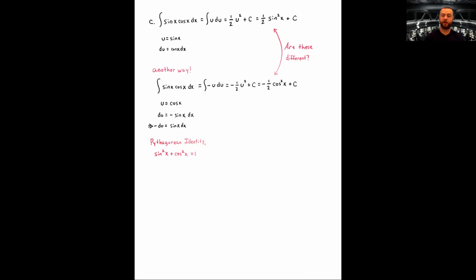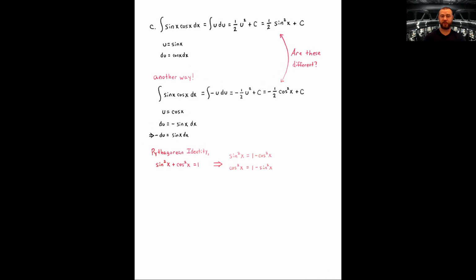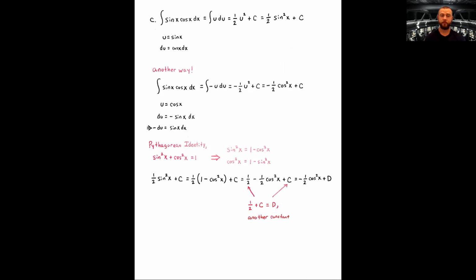Now, with this, you might be comfortable using the kind of alternate versions, solving individually for sine squared and cosine squared, so just subtracting. And if we use this manipulated version of the basic Pythagorean identity, we can convert one of these antiderivatives to the other. So let's convert the 1/2 sine squared antiderivative to the one that we found in the second approach. All right, so if we take our antiderivative from the first way to answer this, 1/2 sine squared plus a constant, c,